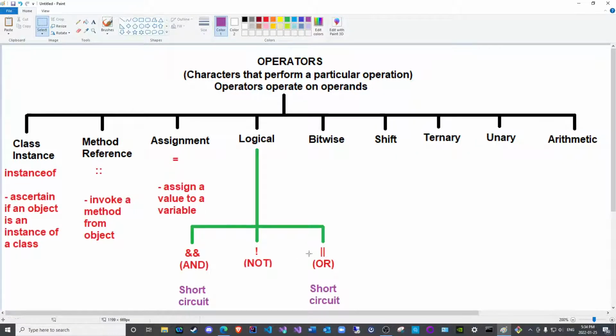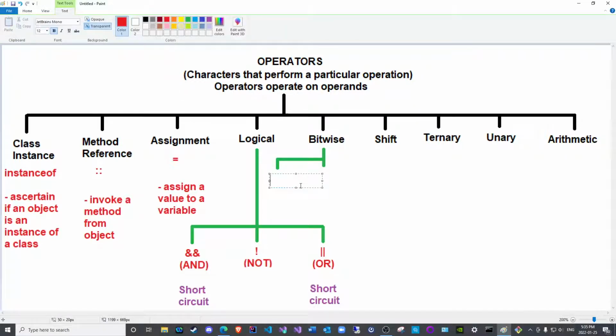They are the same as these, except instead of double, it is single or singular. So this will be problematic. Okay, let us try to organize this. I believe, yep, this would suffice. Okay, so here we will have a singular AND or ampersand, and this is also an AND operator, and here we will have the pipe, and this will be the